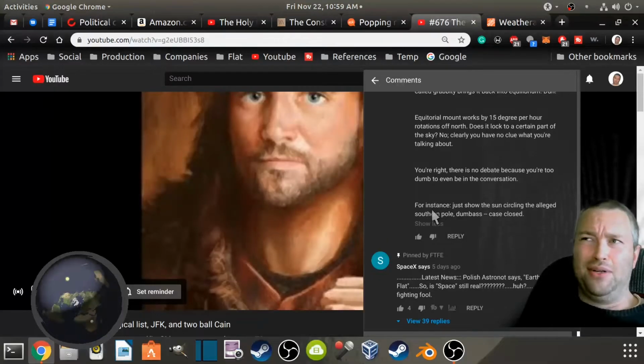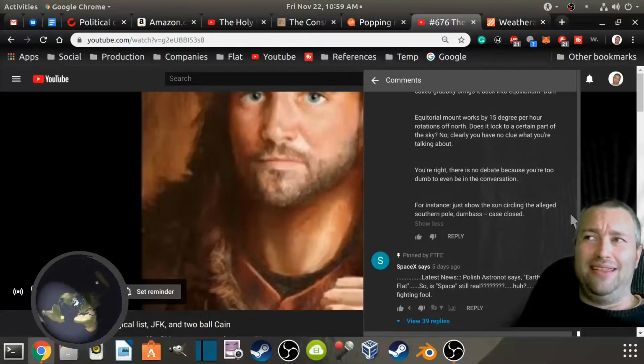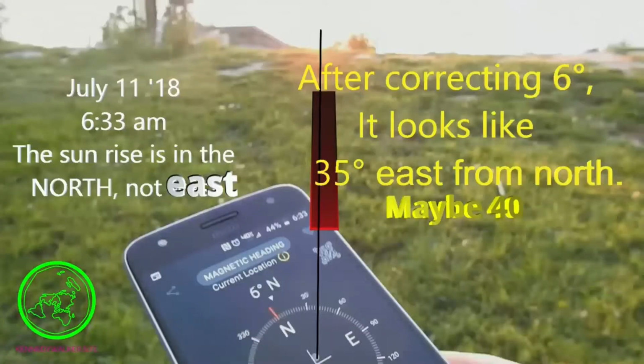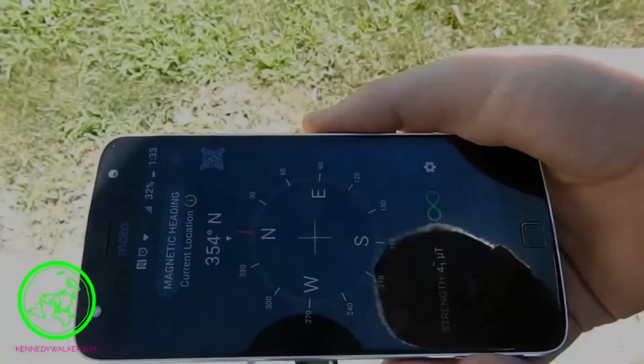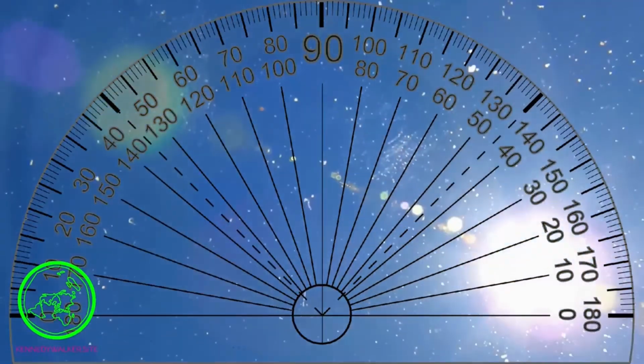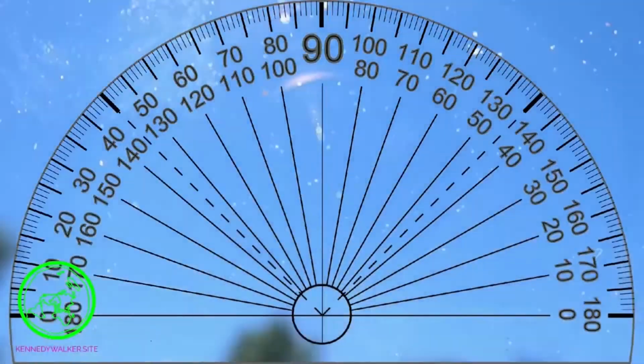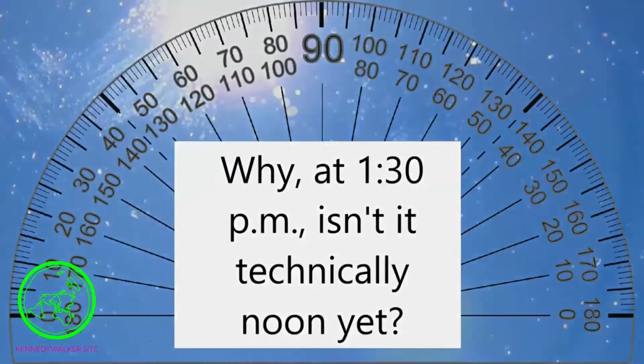This is maybe the most important thing. Guys, we've been in this debate for 5 years. I live in the north, and I see the sun circling the North Pole. All right, so like